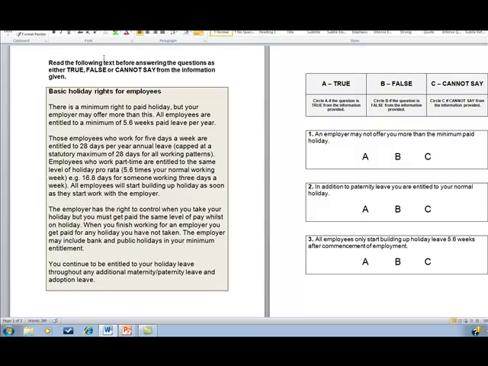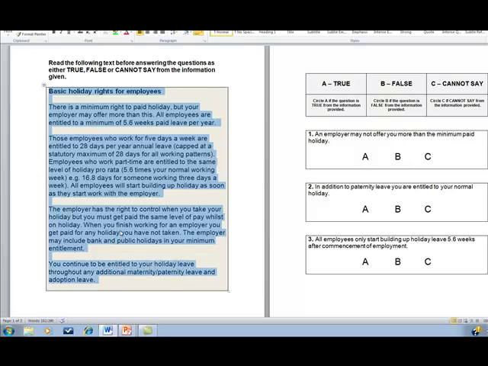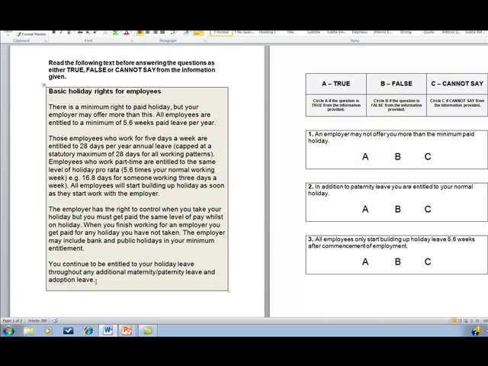Now, it says there, read the following text. Now, I'm doing this without any time restraints. Let's say you had 30 of these to answer. Can you imagine reading all of the passage? Now, you don't have to approach this in the style that I use, but I find this quite effective because I feel that if I read all of that passage, that's going to take me a good 30 seconds to read it, and then I've got to answer all of these questions, coupled with the fact that I've got to concentrate fully on that passage and remember things relevant to the questioning. That's quite a tall order.